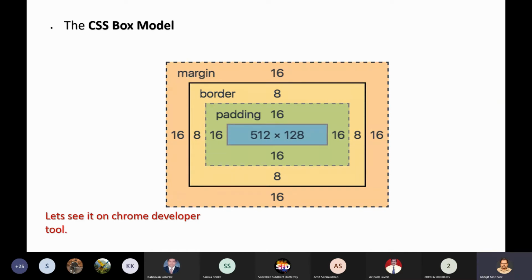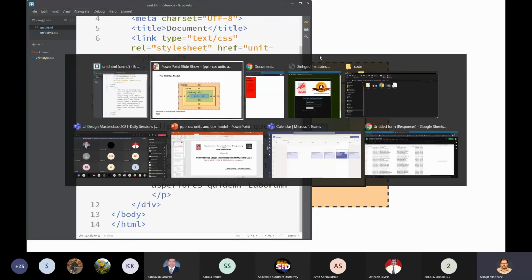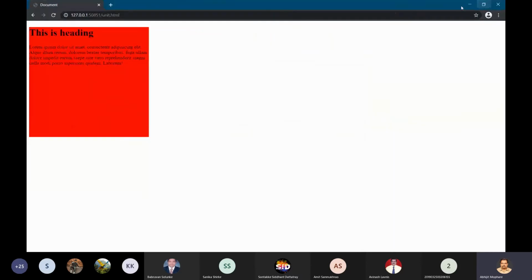Okay, be attentive. So let us understand the CSS box model. See, whatever you see on the screen, okay. Now, what is the orientation of the screen, or rather, what is the dimension of the screen? Screen has only two dimensions: height and width. So it is rectangular, right? Okay, it has only two properties as far as its size is concerned, that is height and width.